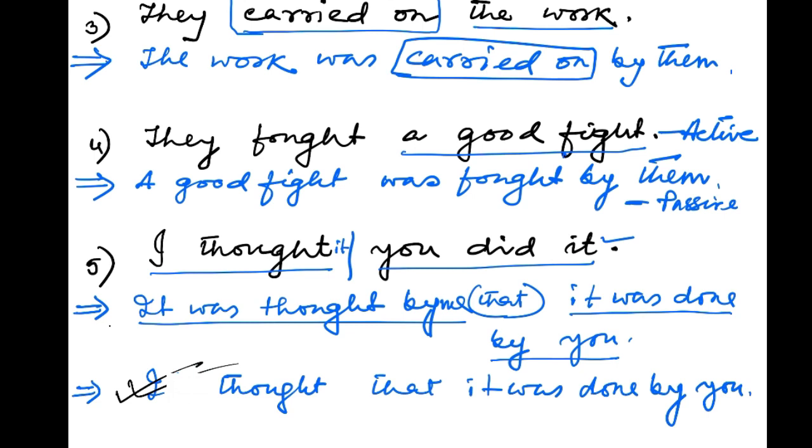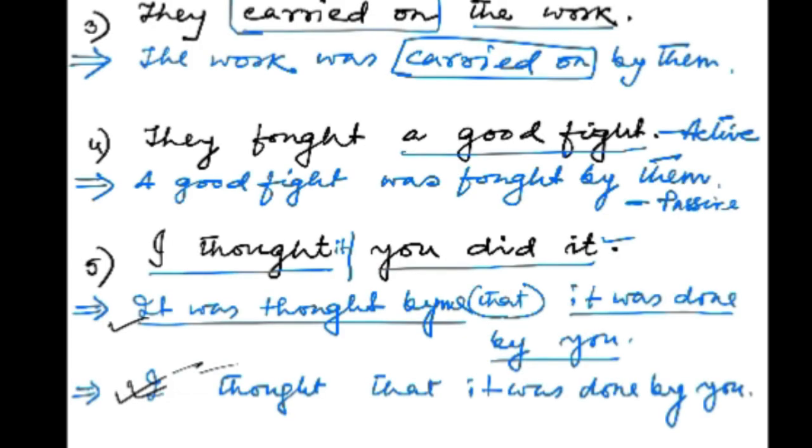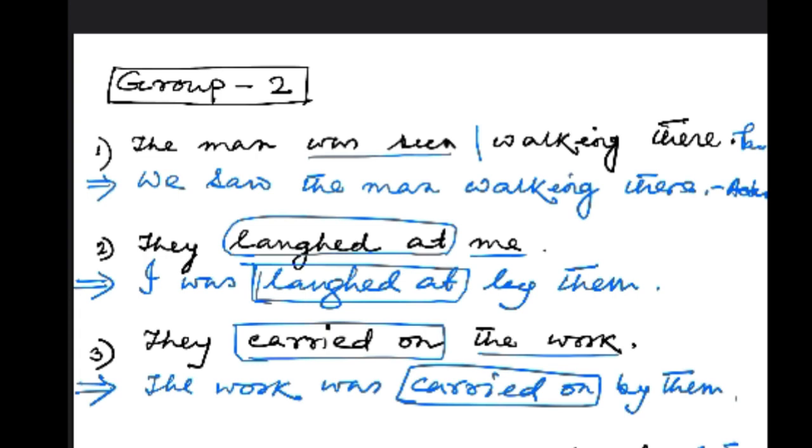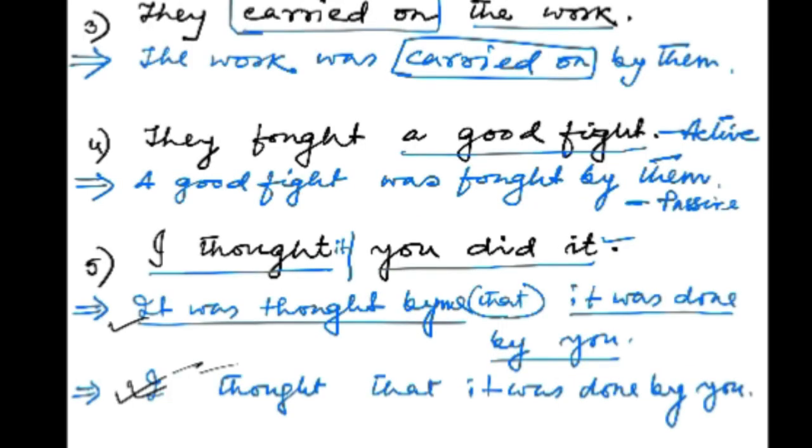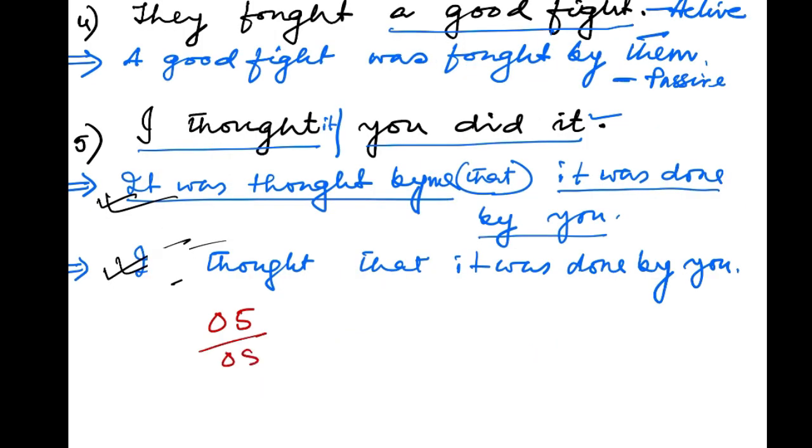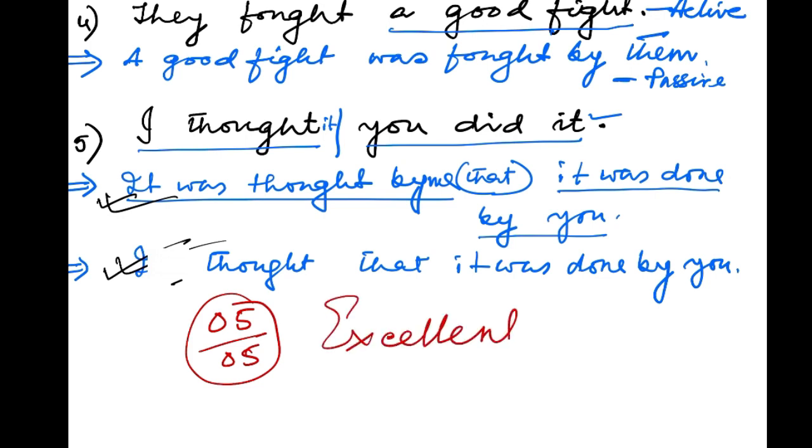And you can change this way also, following the rules, but for the purpose of using this in your writing, use this type of sentence. Okay, students? So this is the answer to the question of group 2, and I think all your answers are correct. So your score this time also is good, right? Excellent. Okay, now we'll go to the next group, that is the third group.